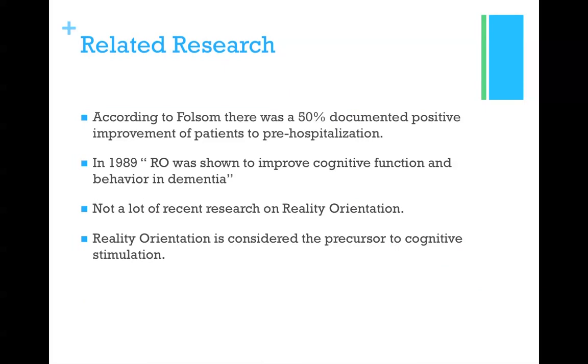According to Folsom, there was a 50% documented positive improvement of patients, almost to the level of pre-hospitalization. Obviously, this wouldn't be with dementia patients, but those with traumatic brain injuries, post-operative surgeries, etc. In 1989, reality orientation was shown to improve cognitive function and behavior in dementia. Again, this is only for early stages of Alzheimer's and dementia. Since the 80s, there hasn't been a lot of recent research on reality orientation, but it is considered the precursor